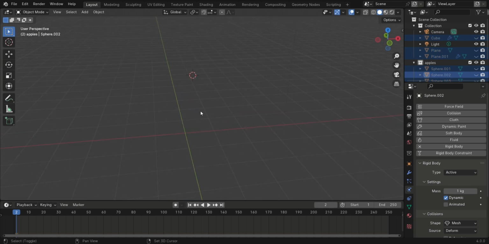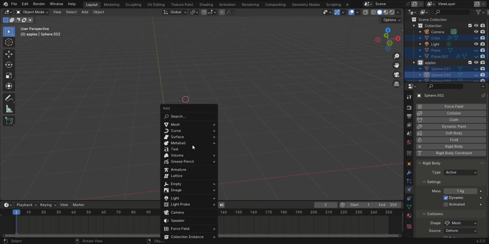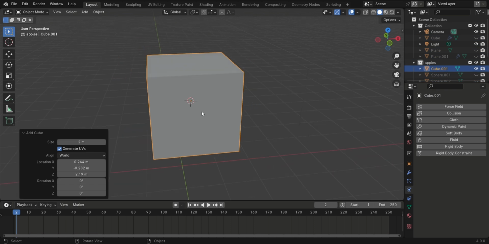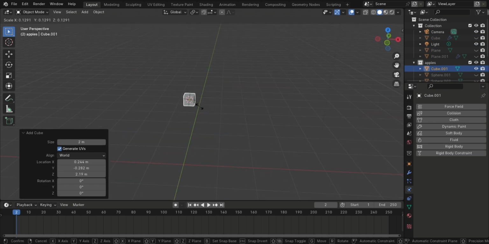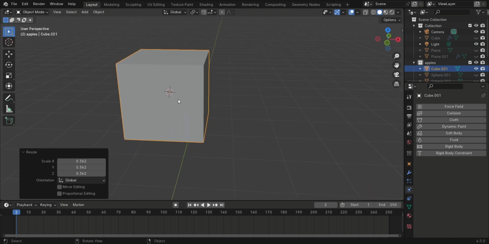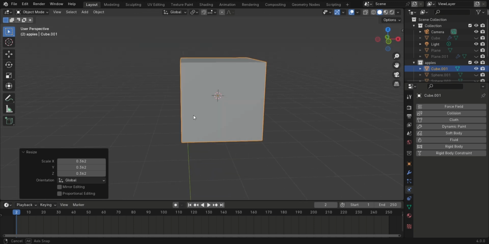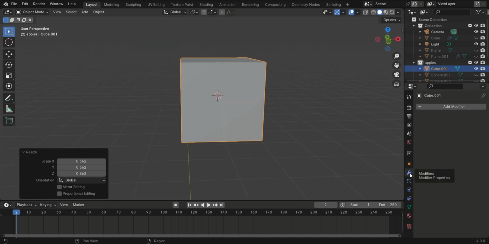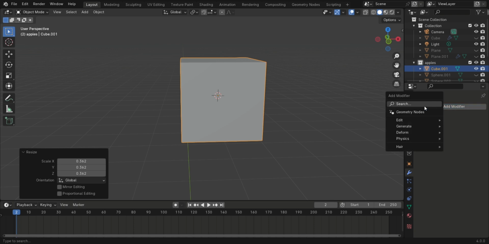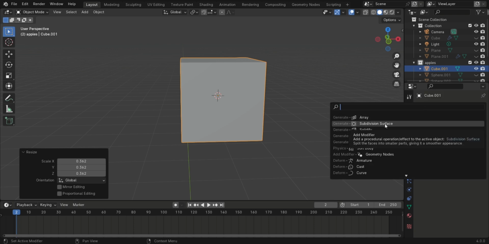Okay, great. Now we are going to create a basket. So here is my cursor. I'm going to press Shift A, Mesh, and choose cube. Then I'm going to add the subdivision modifier. So I'm going to the modifier tab, add modifier and search for the subdivision modifier. Yeah. Then I'm going to set the view levels to